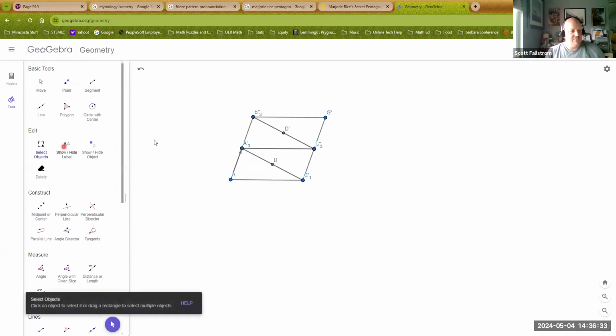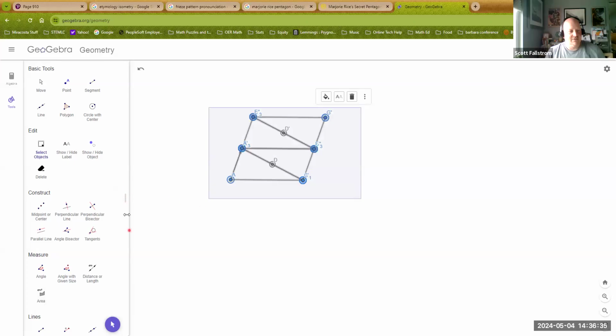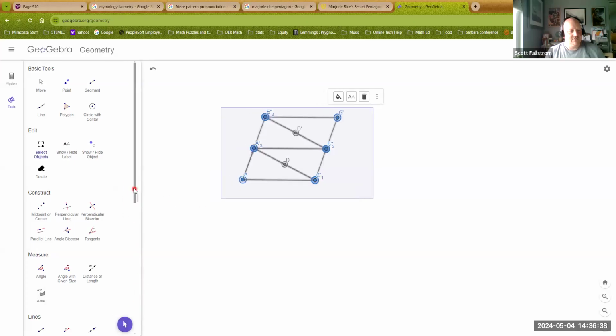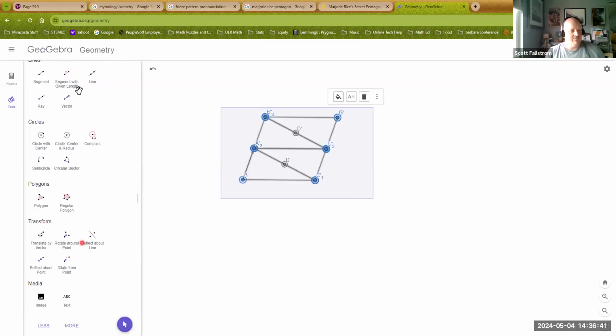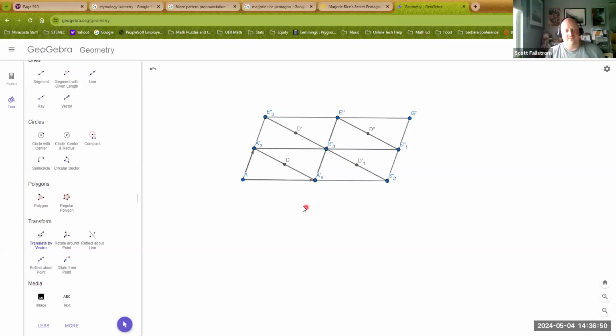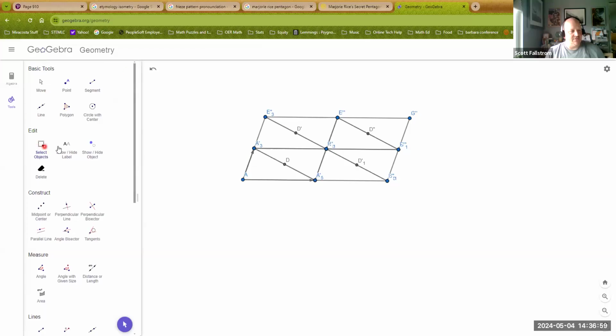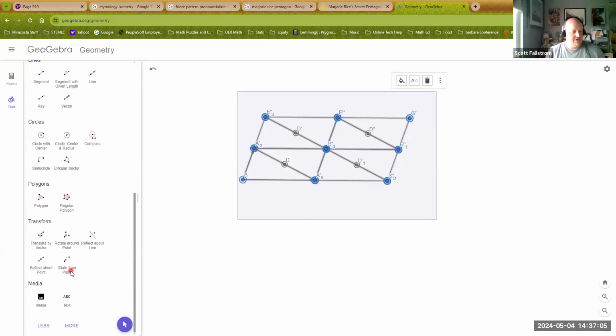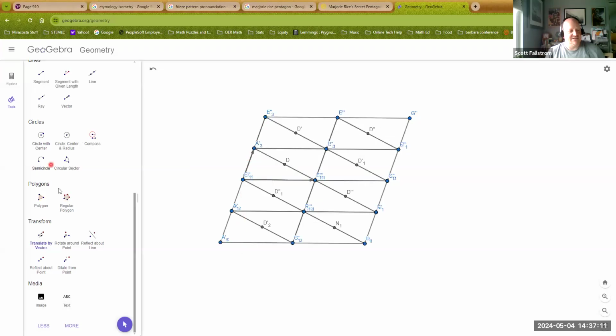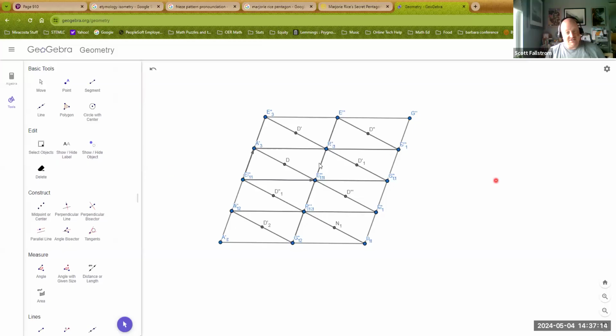So I'm going to select objects, select everything, find the transform, and translate by a vector. This time I'm going to slide it to the right, and there it is. So what I'm creating is that tessellation, right? And as I go, I could do it again. I'm going to select again. Which way? Maybe this time I'll go down. So this time I'm going to translate by a vector from here to there. It translates down. And you can see I could continue doing this and it would fill the whole